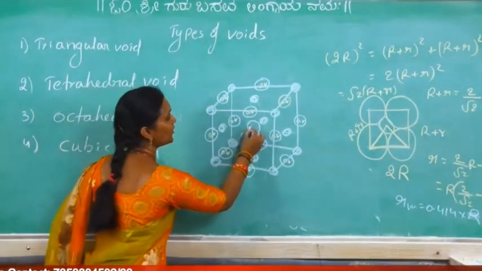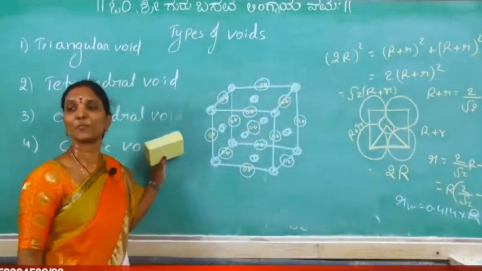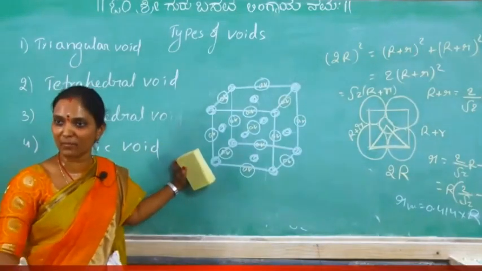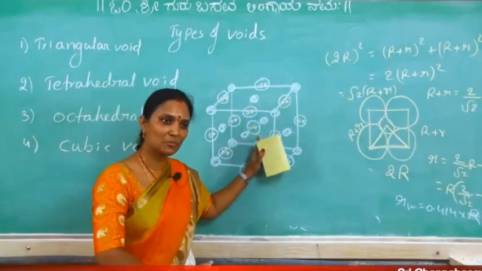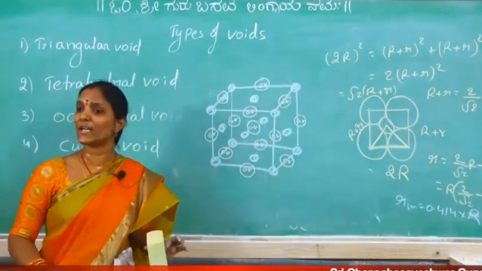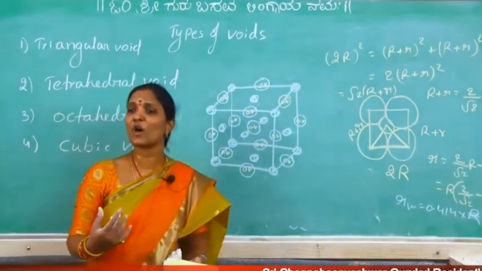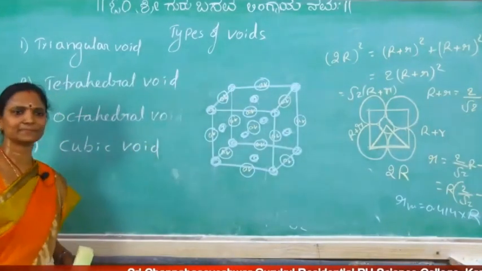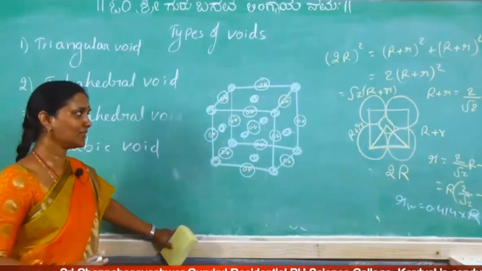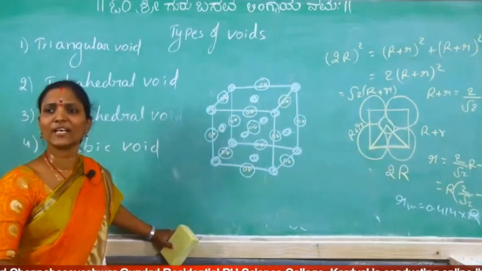Okay, and one octahedral void in the body center. So what is the position of octahedral voids in FCC? One in the body center and the remaining octahedral voids are in the edge centers. So how many octahedral voids in FCC? How many octahedral voids do we count? 12 plus 1, 13 octahedral voids?